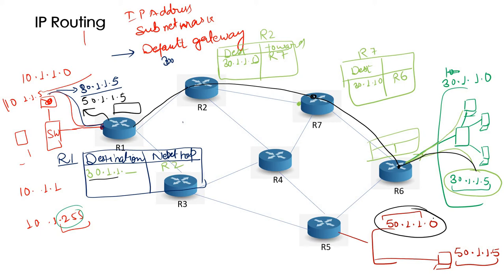to reach this destination. Although the communication path is okay, they are connected via fiber or LAN cable, or in fact the RJ Ethernet cable, they are connected very fine, but the router does not know the path to reach that destination, so it will simply deny the requester: sorry, I don't know the route, so I cannot send that packet to the destination. So this is the concept of IP routing.